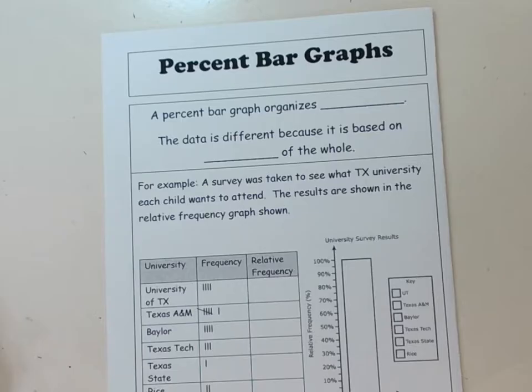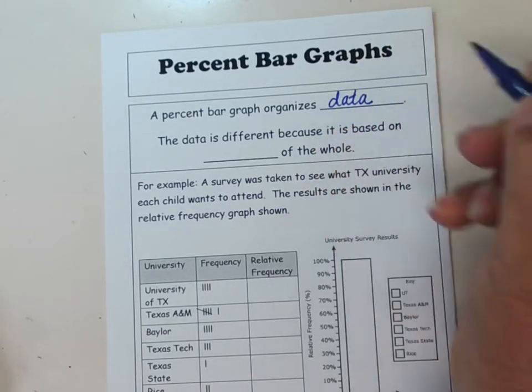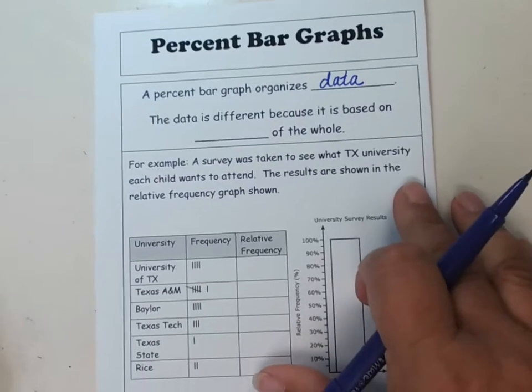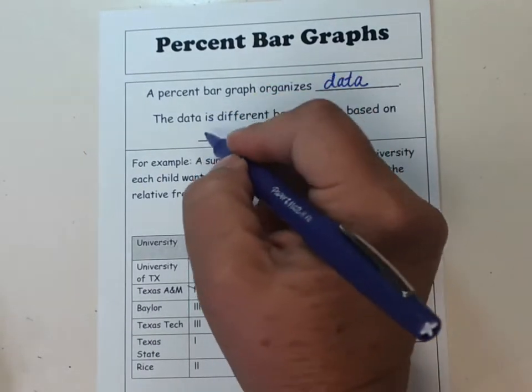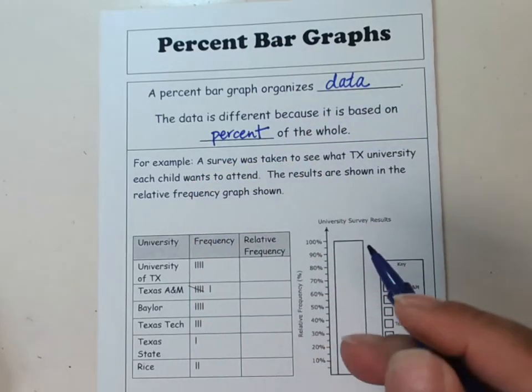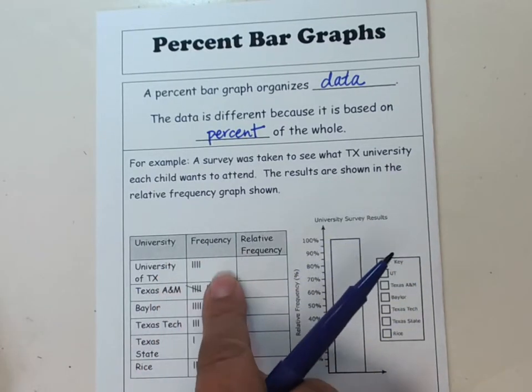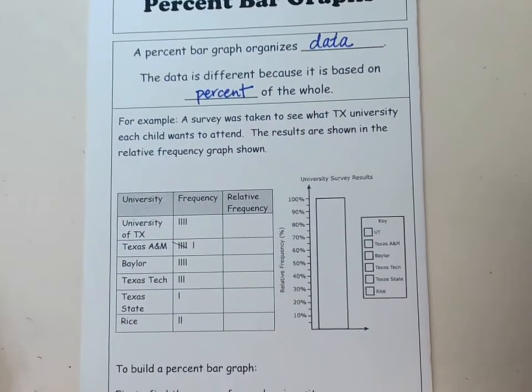So a percent bar graph organizes data, just like all graphs. The data is different because it's based on percent of a whole. So how many people want to go to UT out of the whole set of data? Okay, so